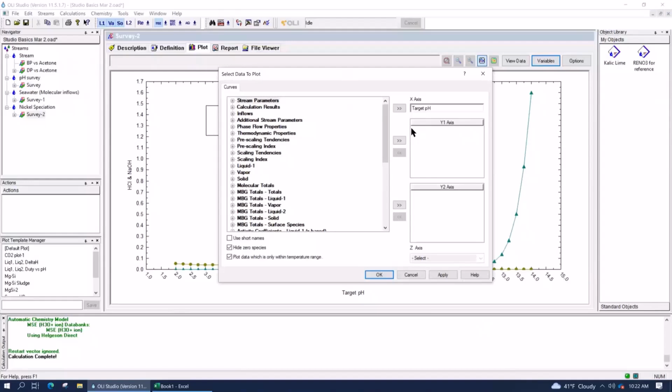What I want to find out is, as I'm adding the acid or base and changing the pH, how does that change the behavior of nickel, that precipitate? Does it cause it to dissolve? And if it does dissolve, what does it look like in the water? What are the species that exist in the water phase? So we're going to do one thing first. There are a couple of important things I can show you. First, we're going to look at it from a solid standpoint. How much nickel remains as a solid? So I want you to expand the solid section, double click on nickel hydroxide, and add that to the y-axis, and then press OK.